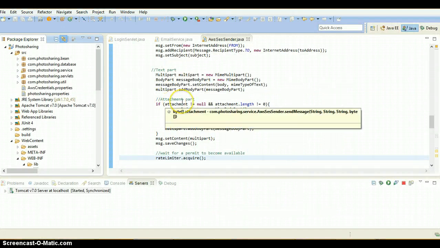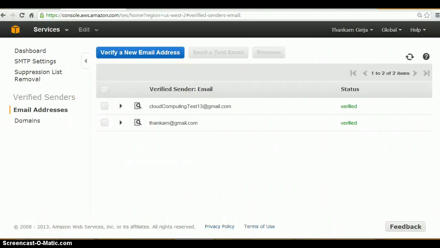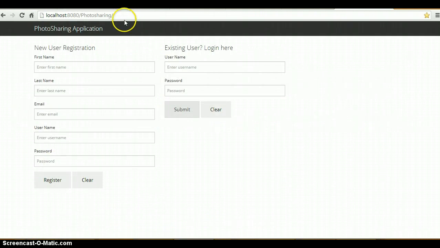This is a quick snapshot of my workspace. This is a web application that is deployed in a Tomcat server, and as you can see, the server is up. So let's access the application using the web browser. This is the application front page, where either a new user can create an account or an existing user can log in using an existing account. So I'm going to register myself as a new user.